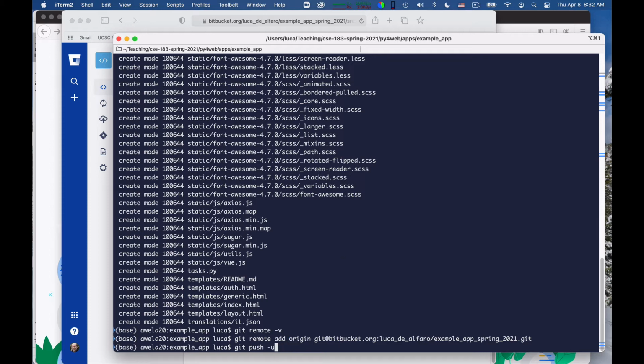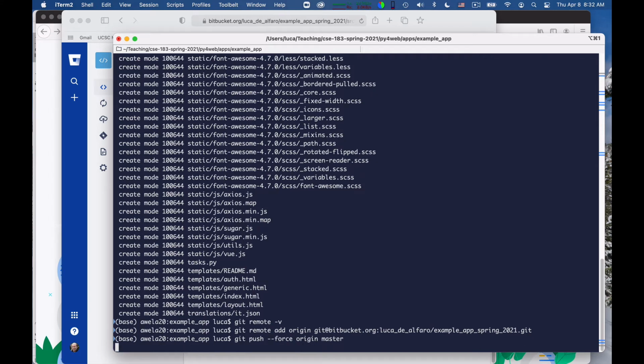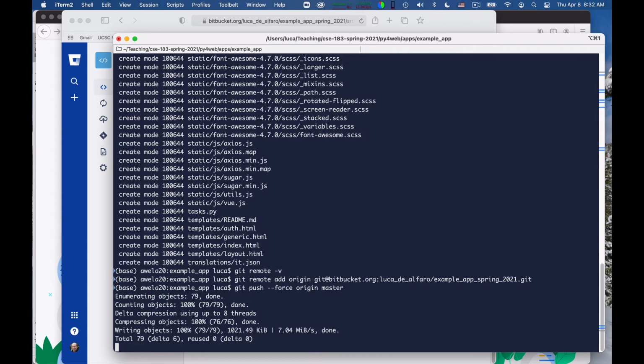So and then you say git push origin master. This pushes the master branch on the origin repository. And because this is a very first push, I often use force, because sometimes these cloud providers insist in putting some content into their repository when you create it, because they try to be helpful, right, to beginners, and so they put a readme file and they put this stuff. But what I want to say here is no, none of that, please. I would just want to push what I have locally to your repository, and that be it, please. Thank you so much. And so I do it, and this has pushed it.